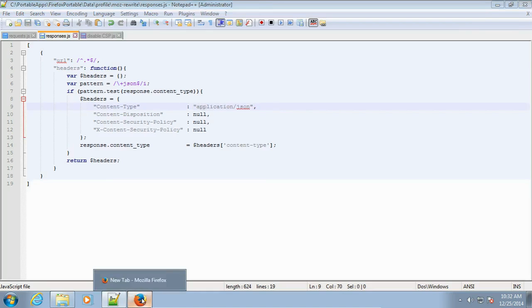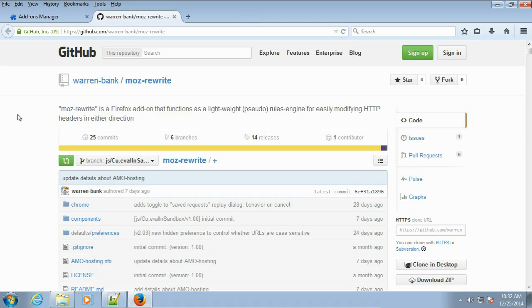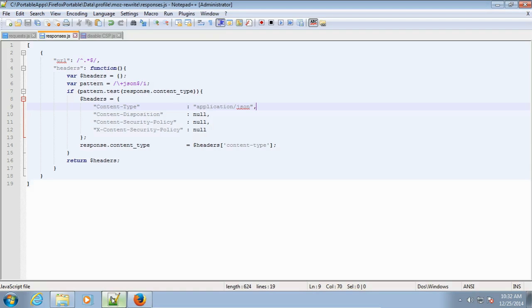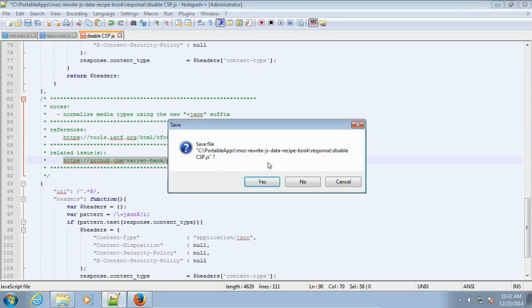And once it's application JSON, the JSON viewer takes over and renders it. And that happens because the content type does in fact end with plus JSON. Anyway,